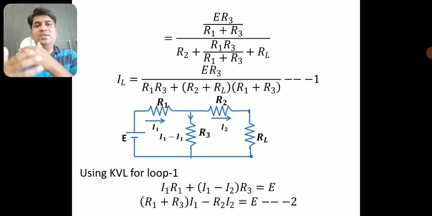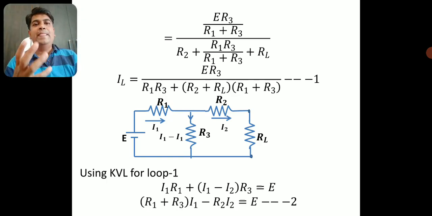I have been telling you from Thevenin's theorem and the superposition theorem that it is enough to apply Kirchhoff's voltage law for loop 1 as well as for loop 2, and establish the two equations with the two variables. You can easily solve two variables, two equations with the help of Cramer's rule. The same method we follow here also while solving this kind of complicated network. And let me establish an equation for the current I2 which is flowing through the load resistance RL.